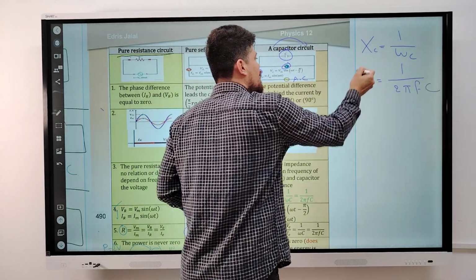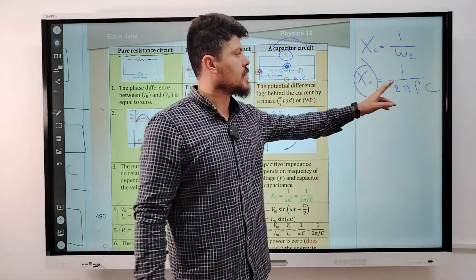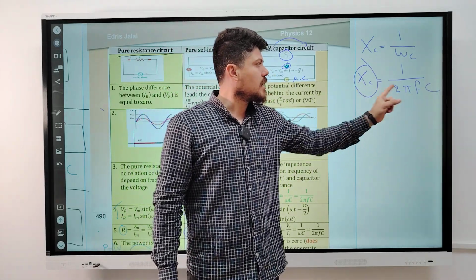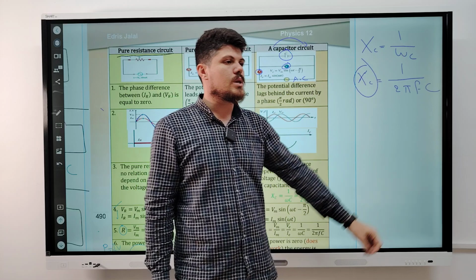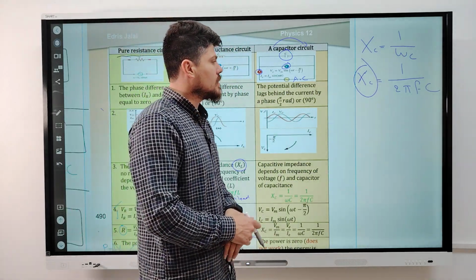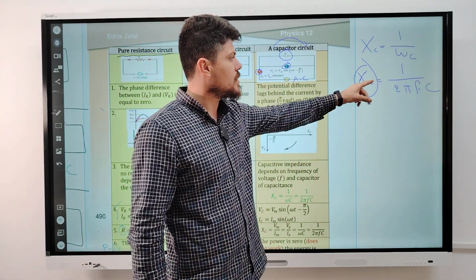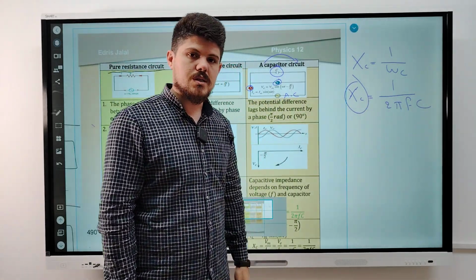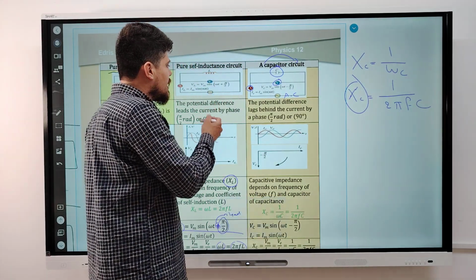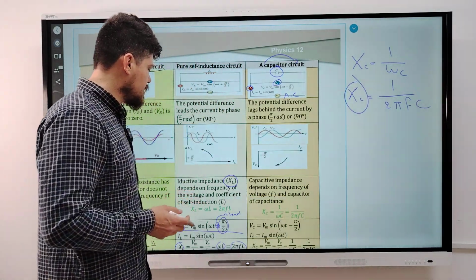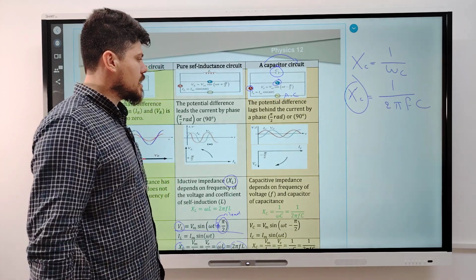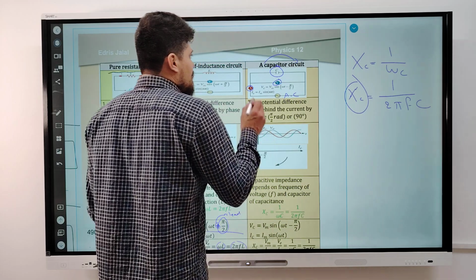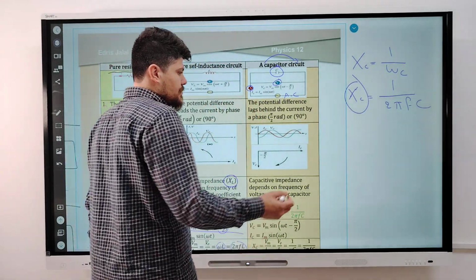It means that capacitive impedance depends on frequency and capacitance. It is inversely proportional to frequency and inversely proportional to the capacitance. Okay? What is the relation between the capacitive impedance and frequency? Inversely proportional. With capacitance, also inversely proportional. But in inductance, the inductive impedance XL is directly proportional to the frequency and the inductance. So in the capacitor circuit,